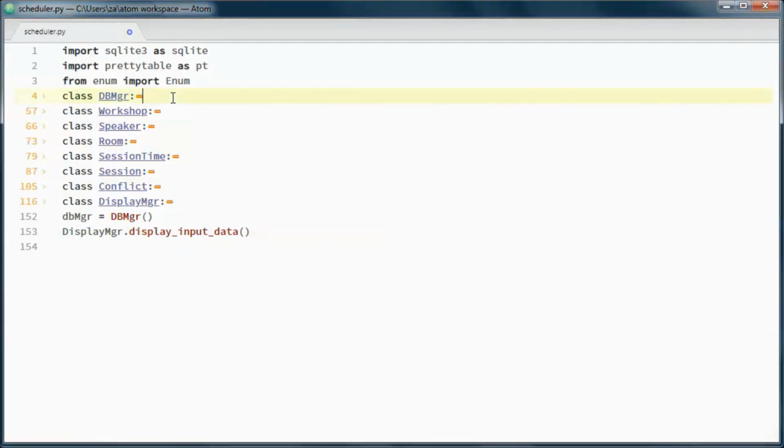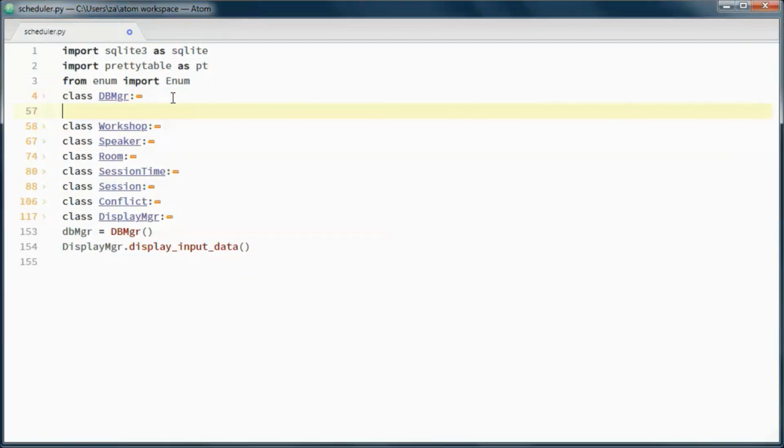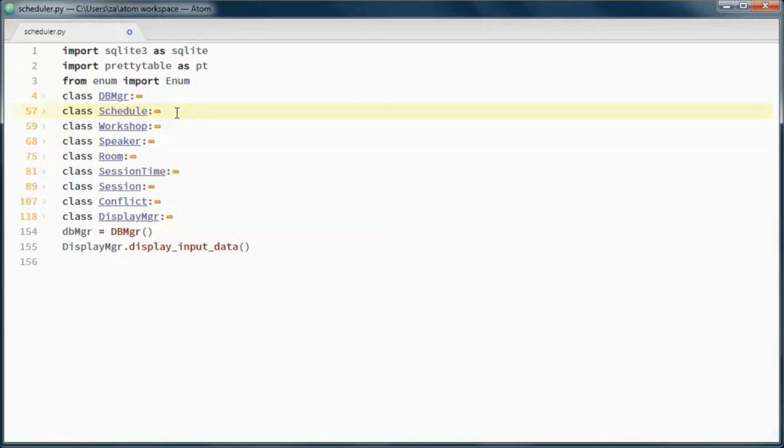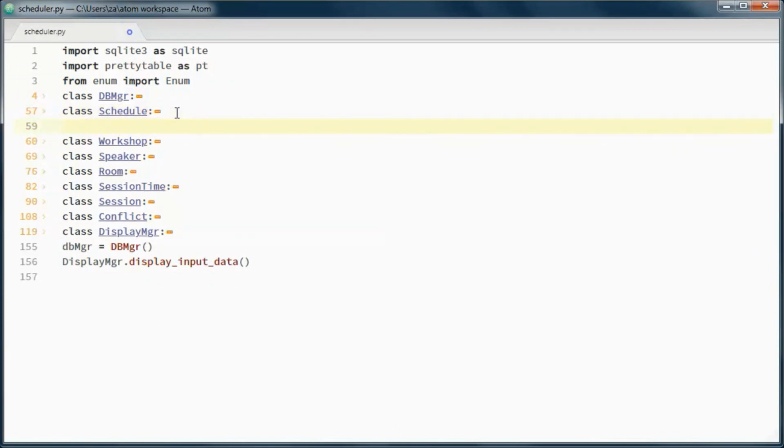And this class will represent a schedule and this one a population of schedules.